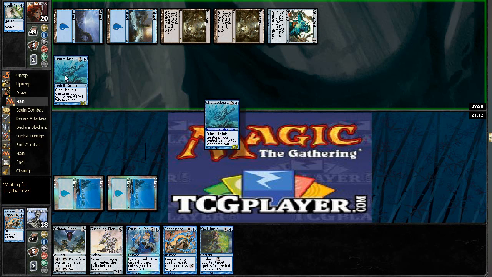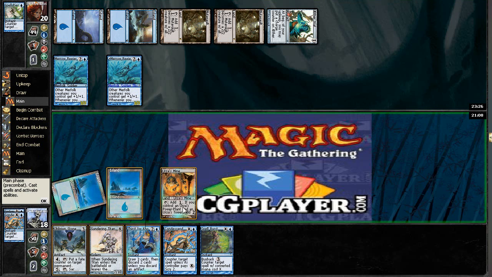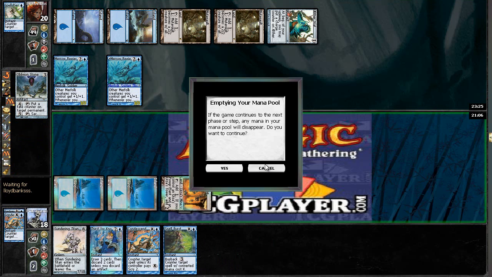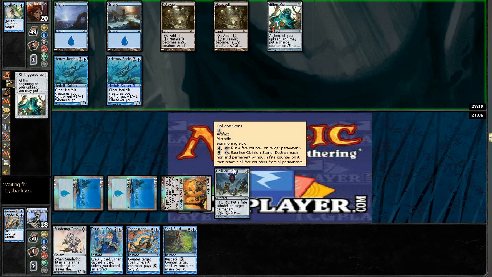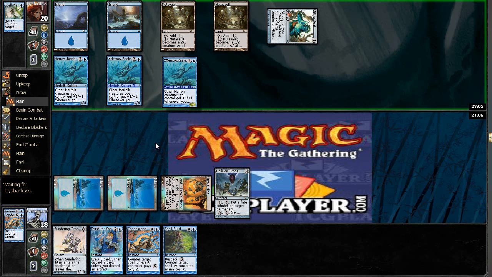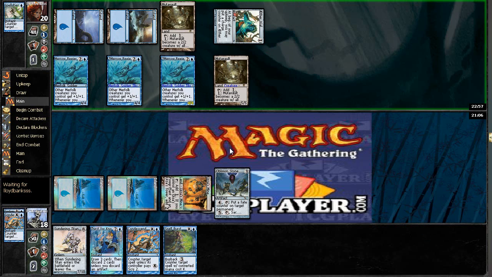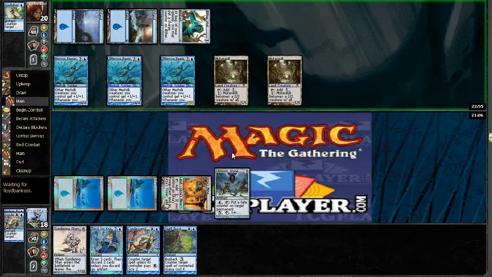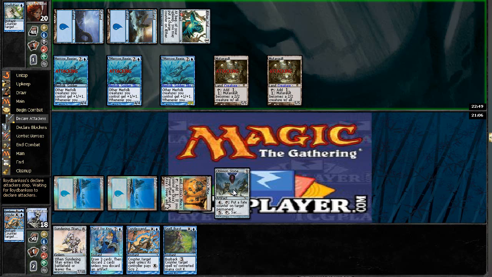He must have Phantasmal Image. Yep, he copies Master of the Waves. And then I can play Oblivion Stone. And I'm still being raced on board. So I need to hit Repeal. But I can't cast it, so I think I'm just dead. If he has a Lord, I'm actually dead on board. And he does. So that's 10, 14, 18 damage. So not the best start,